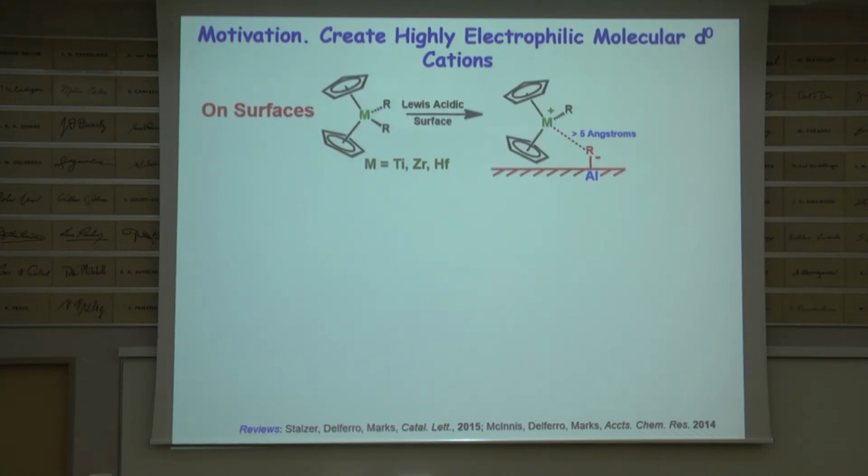It had been known in the 70s and 80s, work mainly at DuPont and at a Russian institute, that you could take some relatively innocuous, simple group 4 organometallic molecules, put them on a surface, meaning just simply stir their solutions with, say, dehydroxylated alumina, and their reactivity for certain transformations, such as olefin hydrogenation and polymerization, goes through the roof. So rate enhancements of 10 to the 6th or 10 to the 7th.